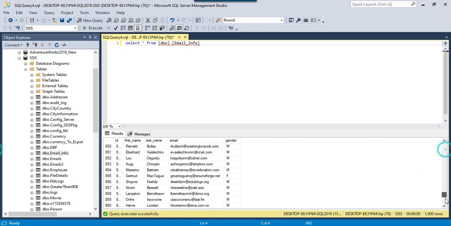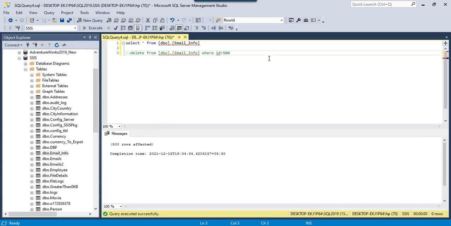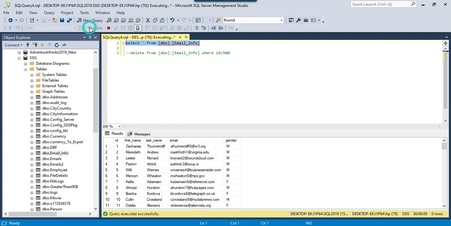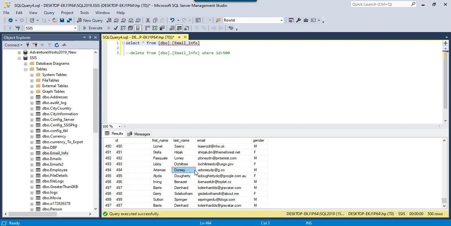So this seems good. Now suppose someone deleted some data from this particular table, or if there is any other case. Let me try to delete 500 records from this table, because ID is a unique key in this table and it is incremented by 1. So I think I can just delete the last 500 records from this table. I can execute this query. So it deleted 500 records. If I check the data now from the SQL Server table, it has only the first 500 records. Okay. So now what I will do, I will load just 500 records from the CSV file.